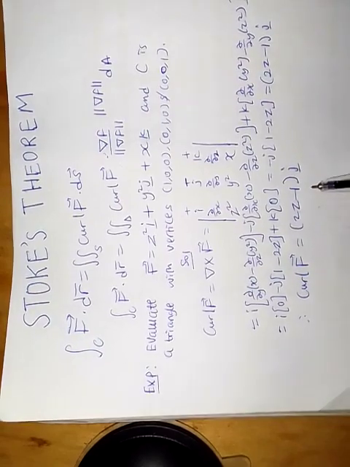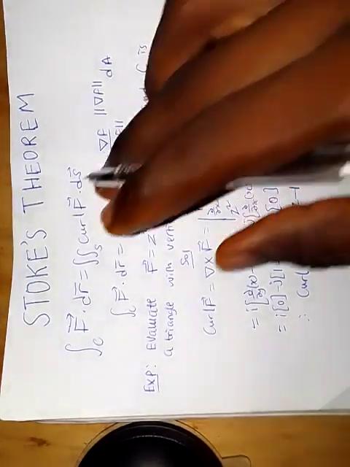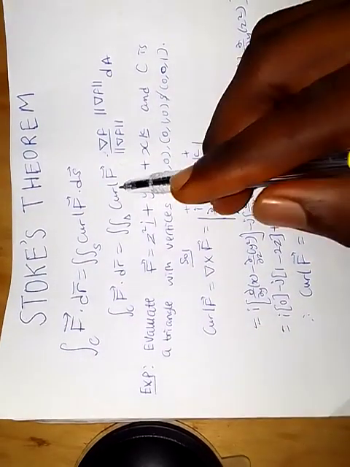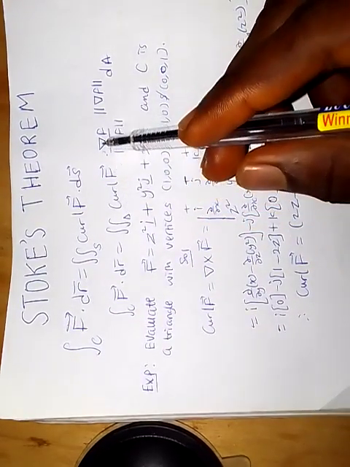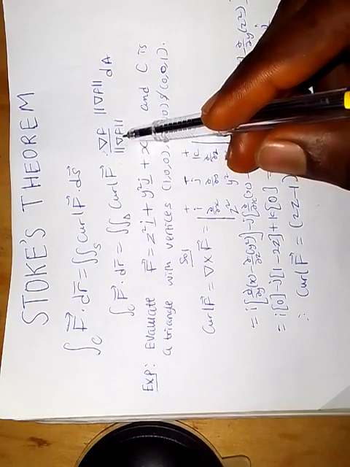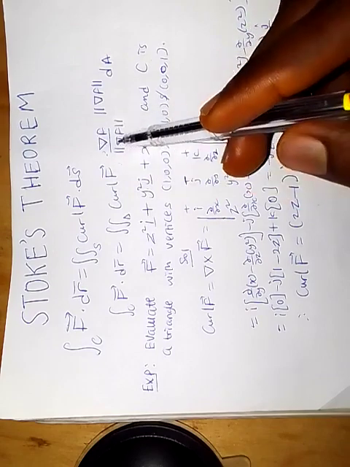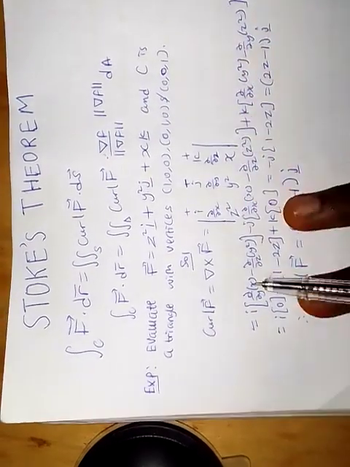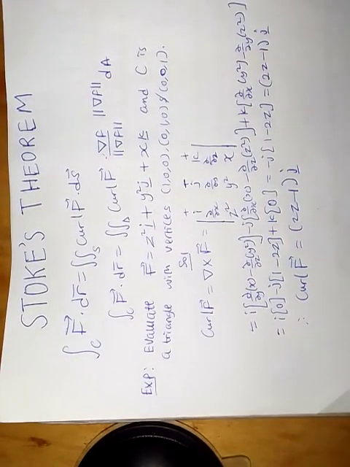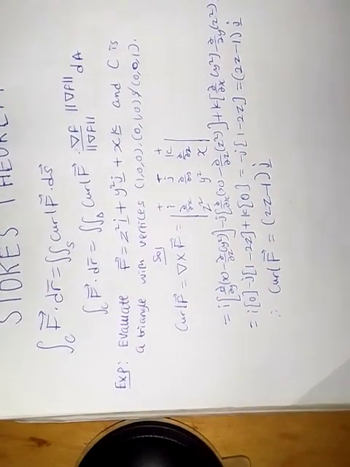So this is just the first step in using Stokes' theorem. We are done with the curl of F. The next thing is to find the gradient of f. After obtaining this, we find the norm, the dA, which is dx dy, or in polar form, r dr d theta. So let's